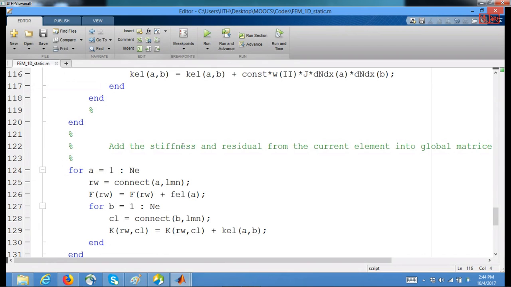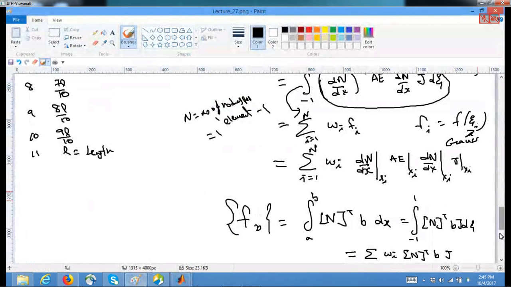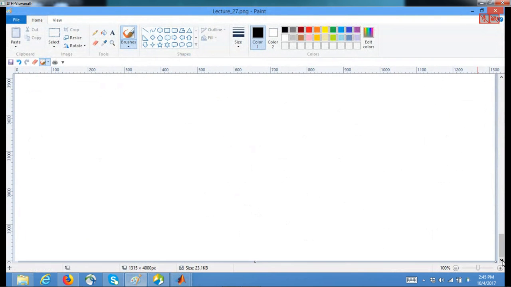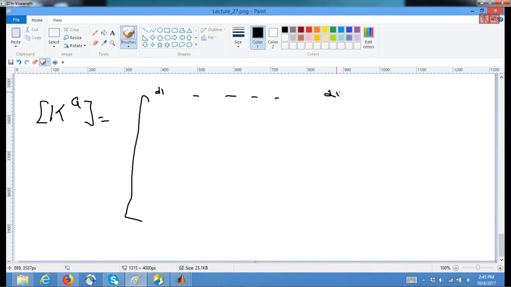Now once you have your element stiffness matrix as well as your body forces and tractional forces, you also have to assemble them into the global stiffness matrix, and the assembly for the stiffness matrix and the force vector is done in this place. So using the connectivity, your corresponding local stiffness matrix gets added up into the global stiffness matrix. For example, in our case, our global stiffness matrix is like from degree of freedom 1 to degree of freedom 11, because we have